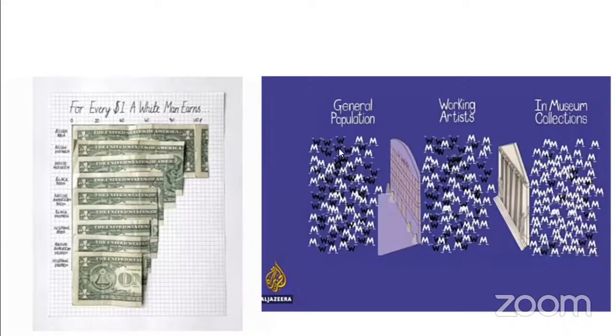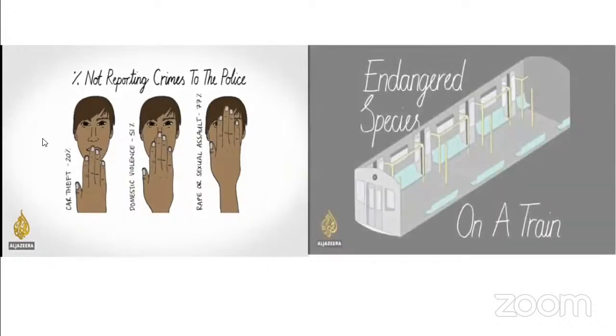So general population, those who are working as artists. And she was using this to create awareness on the disparity between the number of people working in museums by gender. So you see here the number of men are quite many compared to the other two graphs. And then percentage not reporting crimes, for car theft, domestic violence, rape, or sexual assault, you see how she's able to clearly label